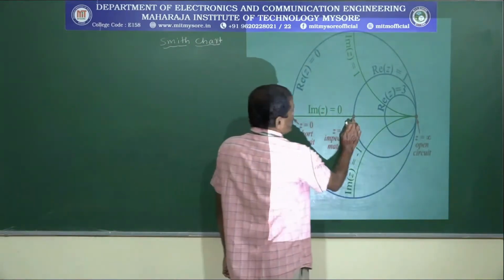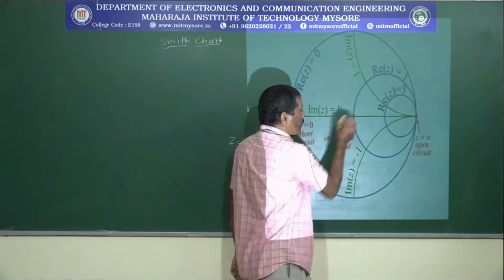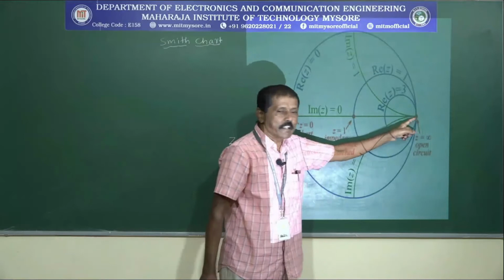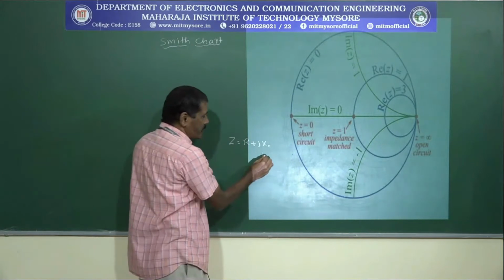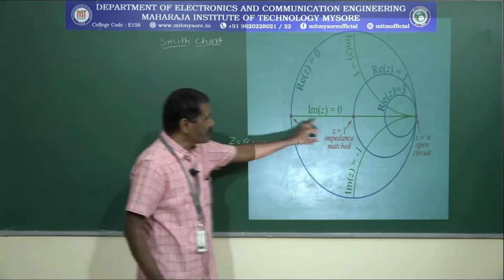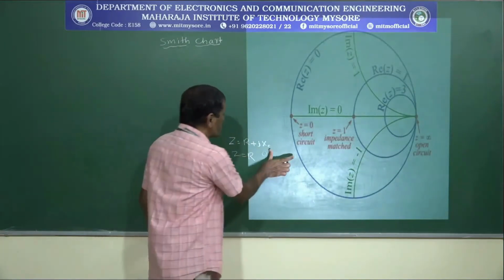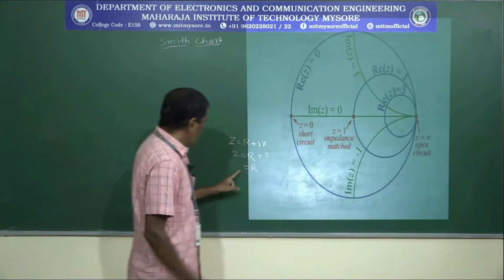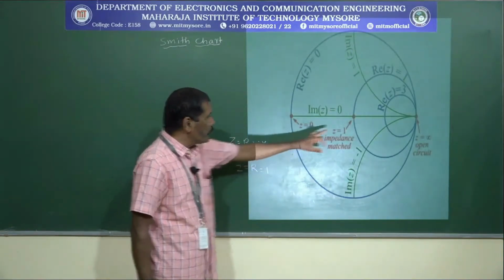Then at the center point, Z equal to 1. This is the point because, as you know, the green horizontal line is the resistance line. At this point, in this equation the reactance part is 0, so Z is equal to R. Along this line the reactance is 0 and only the resistive component is present. So X equal to 0 at this point, the value of R equal to 1, therefore Z is equal to R equal to 1.